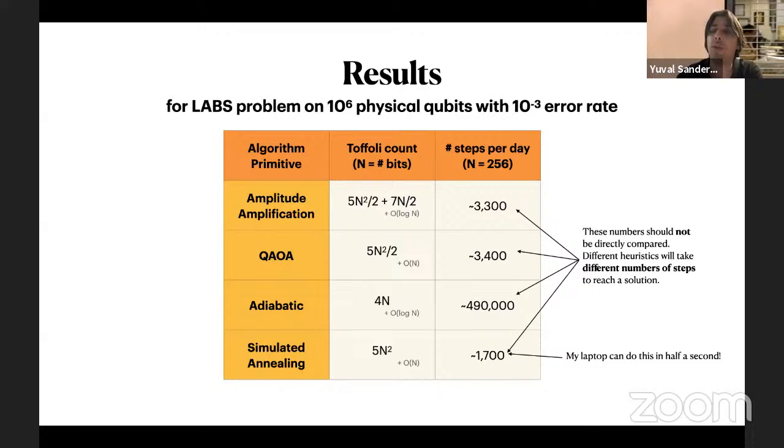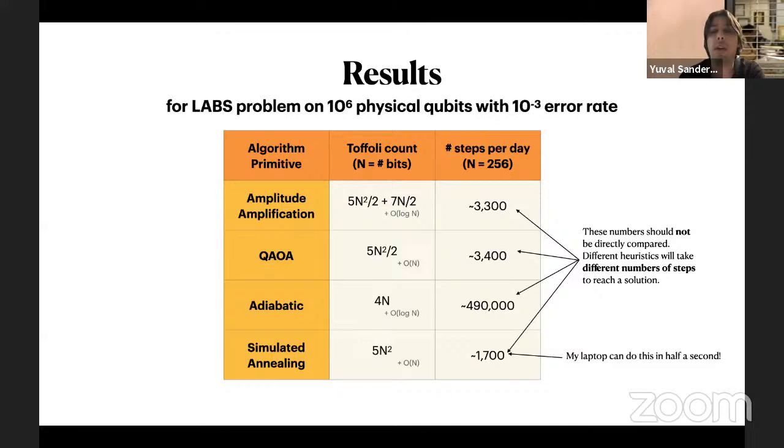The big O's are often hiding details of the precision to which we're trying to evaluate the outputs of oracles, or the various functions that we're calculating of the oracle outputs. And so I'm just sort of treating them as constant for this table. And I'm also, I should comment, just looking very specifically at the LABS problem. And so then we get these numbers that say how many steps of these various different heuristics could the quantum computer execute in one day, right? And this is assuming that the quantum computer has 1 million physical qubits, a 10 to the minus 3 error rate, which tells you about the sort of error correcting code you're supposed to use.